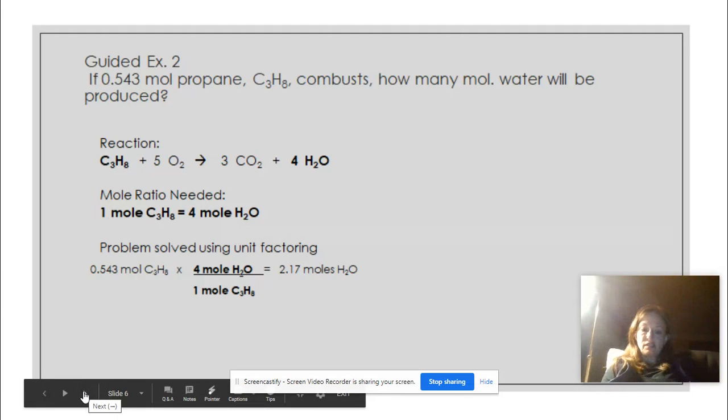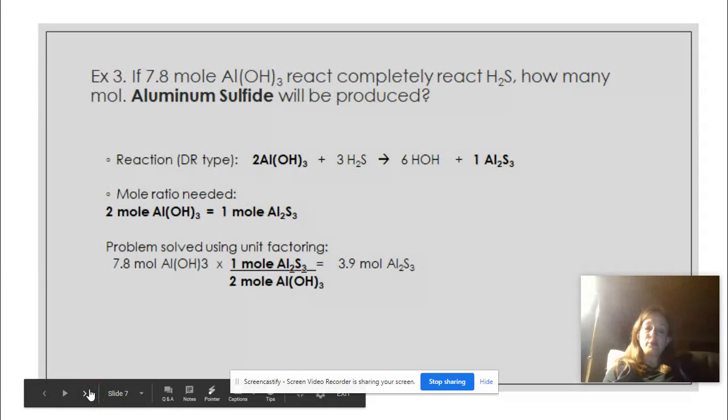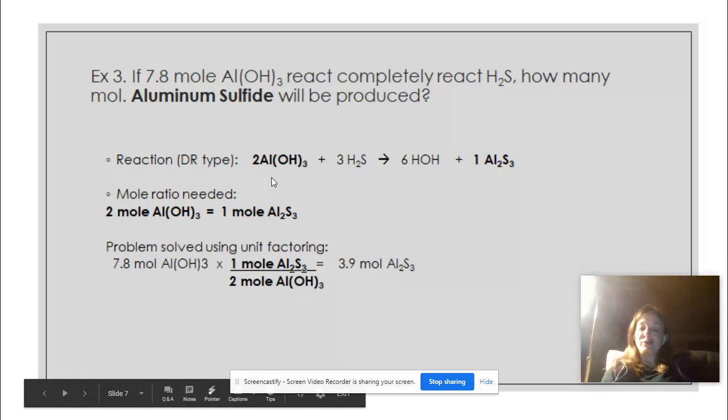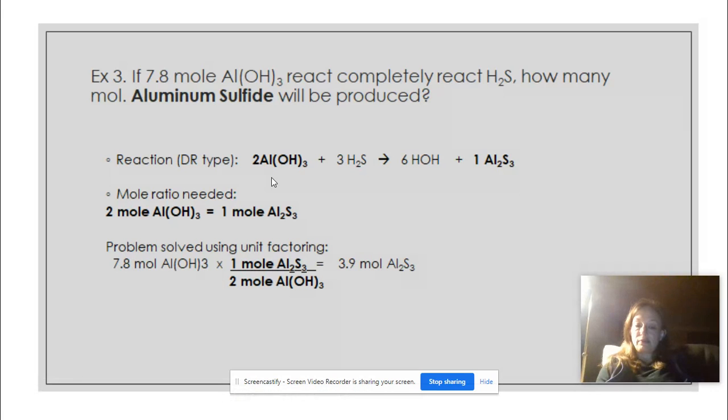All right, that's pretty awesome. Let's try a couple more. If I have 7.8 moles of aluminum hydroxide and they completely react with H2S, how many moles of aluminum sulfide will be produced? So I went ahead and wrote out the double replacement reaction of aluminum hydroxide plus H2S, and I found that the Al combines with the S to make aluminum sulfide, and the H combines with the OH to make water, or HOH,